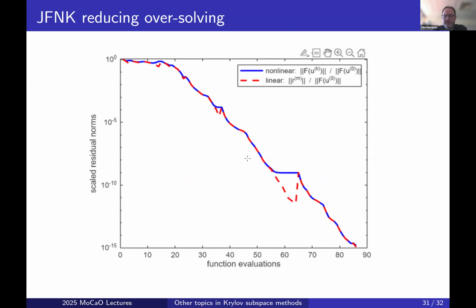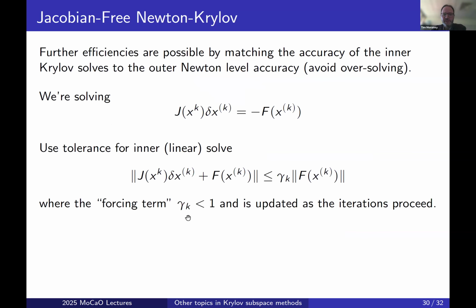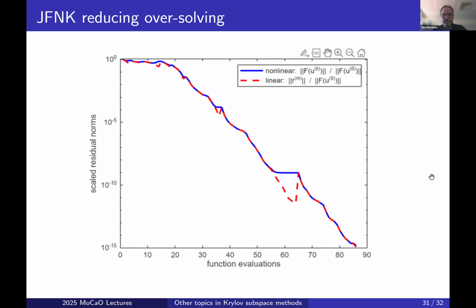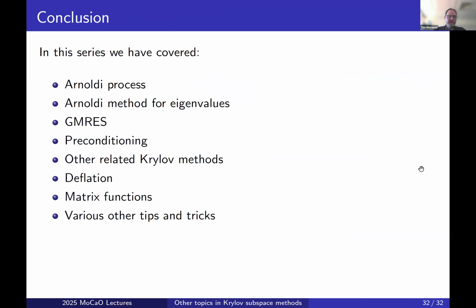And so, for this example, this was some convection diffusion PDE. I discretized, almost every single matrix vector product, Jacobian vector product, paid off at getting these reductions. There's a little bit of oversolving here, right? It's just to do with, literally how you choose this factor and how you update it. Okay, so that's Jacobian free Newton Krylov, and that is the list of the topics that we have covered here